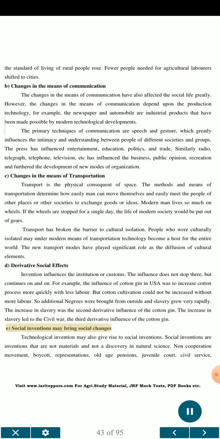8. Social inventions may bring social changes. Technological invention may also give rise to social inventions. Social inventions are inventions that are not material and not a discovery in natural science. Non-cooperation movement, boycott, representations, old age pensions, juvenile court, civil service,